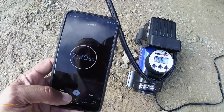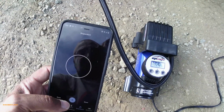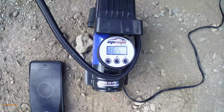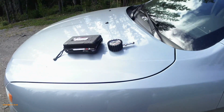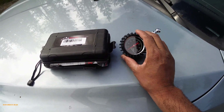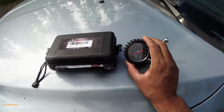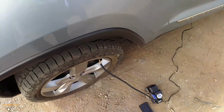So there you go, about 7.5 minutes to go from 20 psi to 36 psi. The pressure gauge is saying 36.5, and I noticed when I hooked it up before, it was saying 15. So I'm going to take my trusty Boulder Tools tire deflators, which came with a nice pressure gauge. I'll put a review for that up here as well, and I'm going to see what this says the pressure is versus what the EPAuto